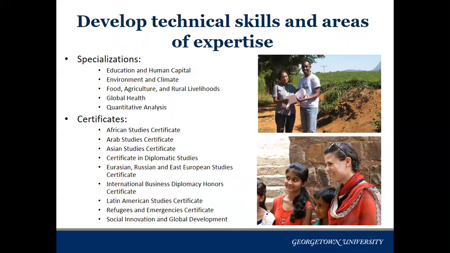A specialization requires 9 credits, which is the equivalent of 3 full semester courses, or you may have heard Grace reference mods, which are half-semester classes. So students can also mix and match some of these half-semester modules. If there's a particular area that you're interested in that's not listed up on the screen, we do also allow students to self-design a specialization. Some recent ones we've had students self-design specializations in post-conflict development, in data-driven agriculture, and gender and development. So there is a lot of flexibility with these specializations for students to really focus their studies, but also market